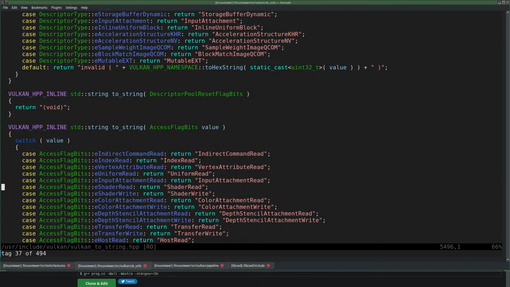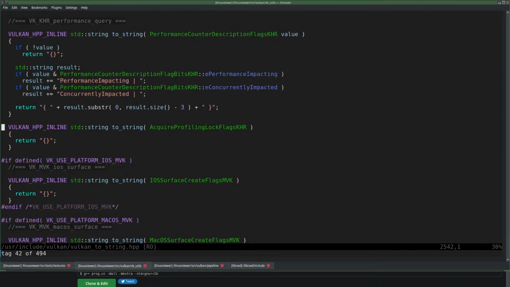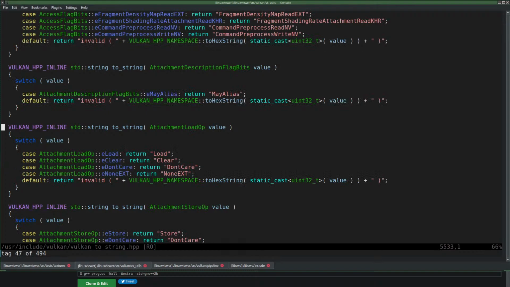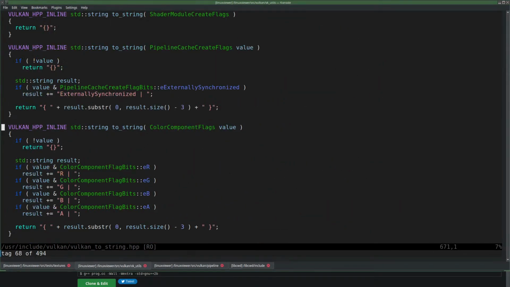Yeah, I think these are enums, and I'm just printing the name. Anyway, that's gonna be a billion of them. I'm not sure if I have others.